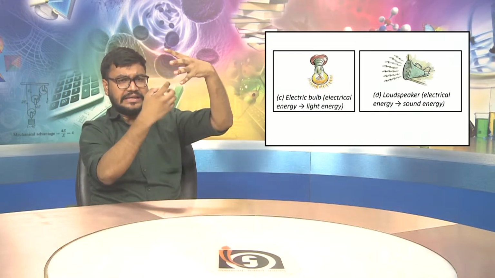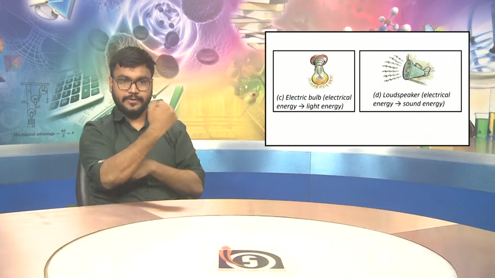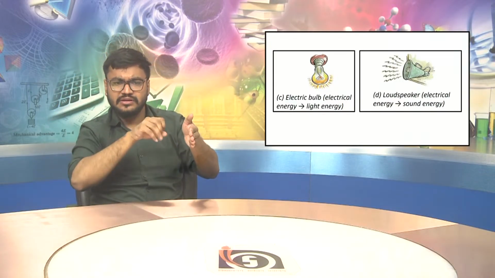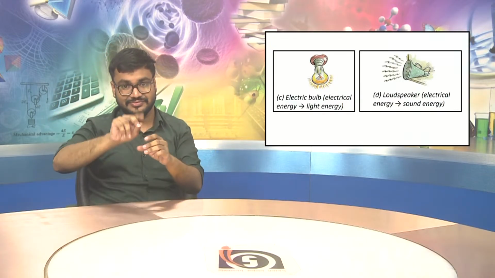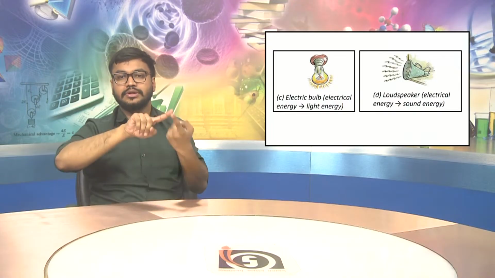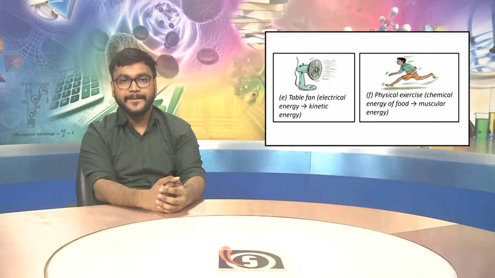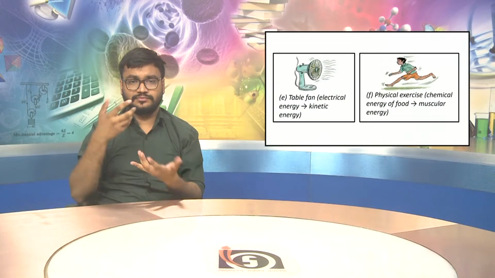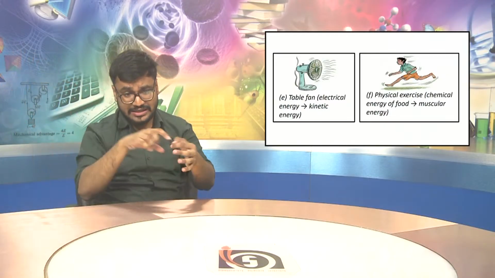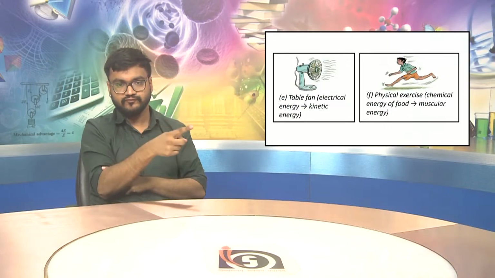Third is the electrical bulb, which uses electrical energy and changes it into light energy. Turning on the switch produces electrical energy and it travels to the bulb. Same for loudspeaker. And next is table fan, in which electrical energy changes into kinetic energy,